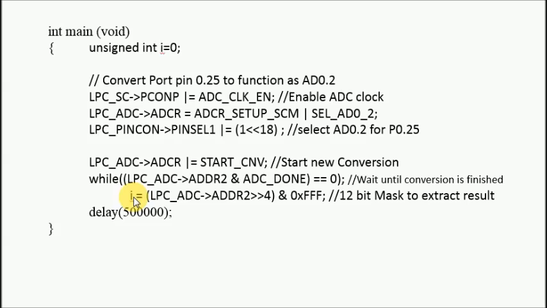So the digital value of that particular equivalent analog signal is available in this variable I. Now if you want to run this again, then you can use a for loop or while loop here. So this process will be continuous.